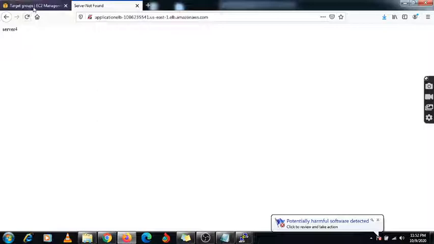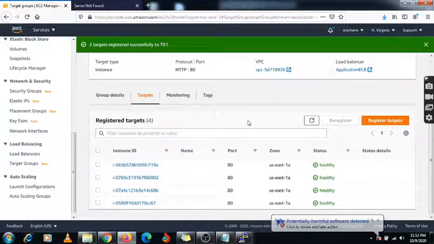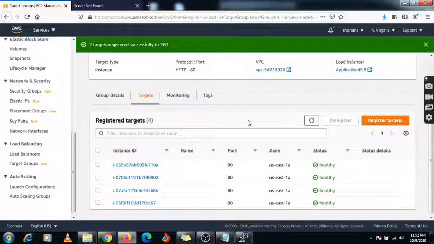So this is the lab regarding this elastic load balancer, the application load balancer. In the next video we will do a demonstration of the network load balancer, how this network load balancer will work. Here we have selected the instances. In the next video we will do this demonstration over the IP, right? So thank you guys, thank you for watching this video.